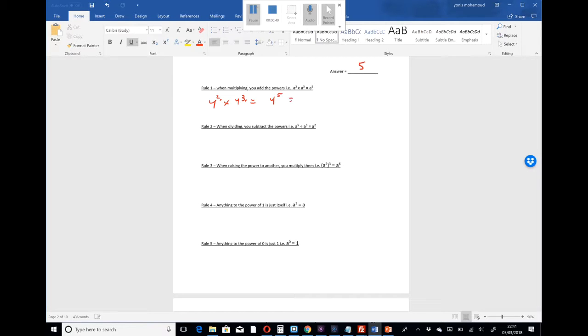And then what I can do is I can do 4 and multiply it to itself 5 times. So I'm going to do 4 times 4 times 4 times 4 times 4. Okay, so I know that 4 times 4 is equals to 16. 16 times 4 is 64. And then I will do 4 times 4, which is equals to 16. Then the last step will be,